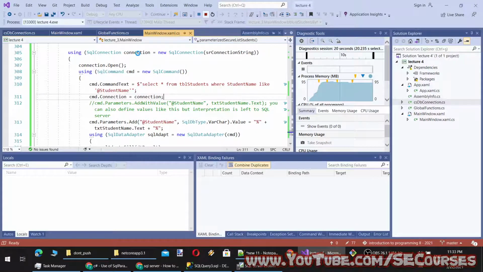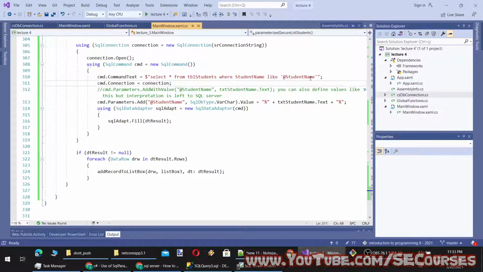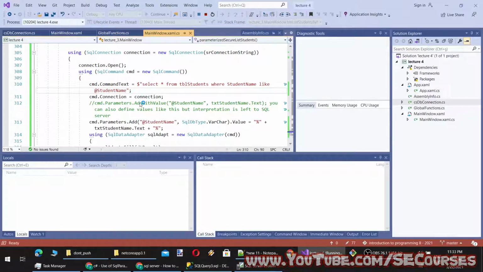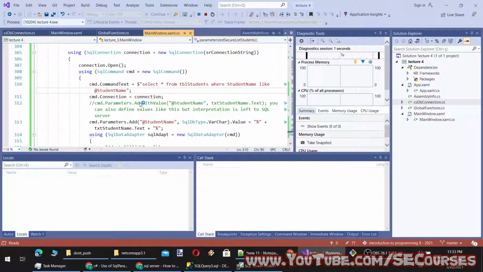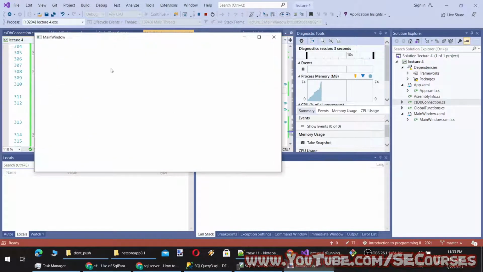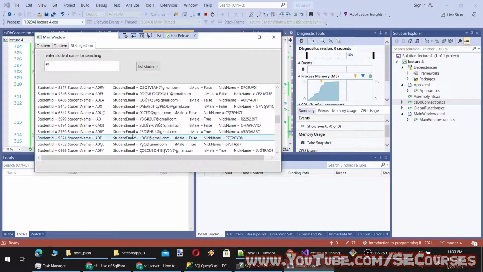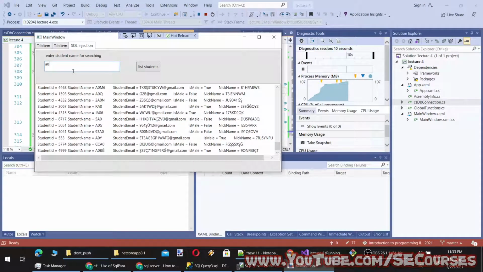Now that we have edited, we don't need this anymore, because we used it to define a string. When you are doing a parameterized query, you don't need to put that string because the SQL Server is handling that part. So the query is becoming like this, and a 0. Now we can see.